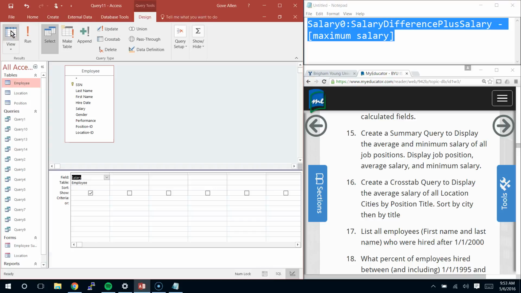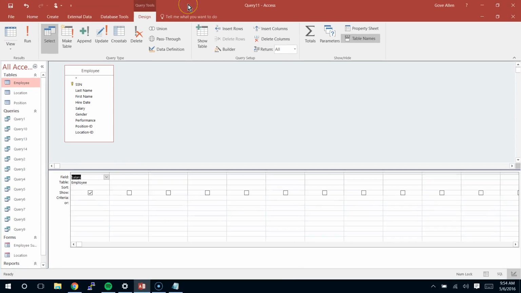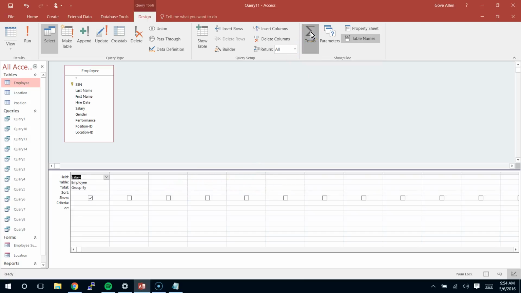I'm going to come back into design view. And up here, I've got this button that looks like a sum. That's the one I want? Yeah, okay. So this is probably actually extended out on yours. It looks a little bit different here because the width is reduced here. But this thing here, totals, is going to add for me a new row down here in my query grid. So watch what happens. I'm going to click it, and I get this total row. Do you see it? Totals comes in. Once I have that totals option in there,